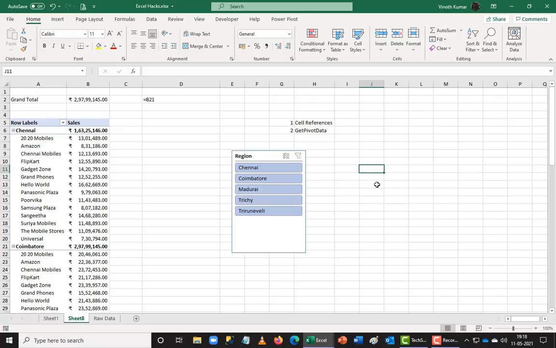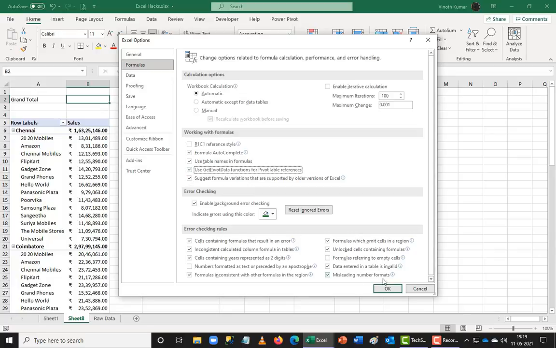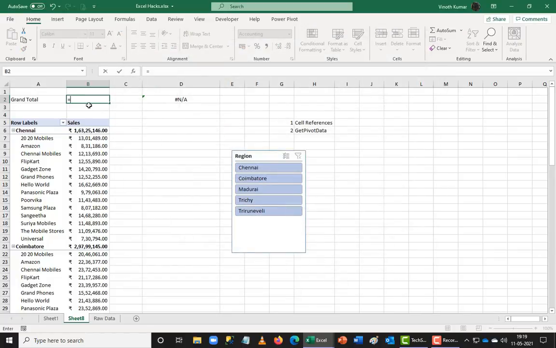But again, if the data is larger, and the system is going to get a lot more data, then cell references are not the right way of doing it. So it's better to use GETPIVOTDATA. I feel GETPIVOTDATA is the best option to work with larger data, irrespective of what version you use. So instead of doing this, I'm going to clear the filter, go back to my options again, formulas, give a check mark on the pivot table option, and then say equals here.